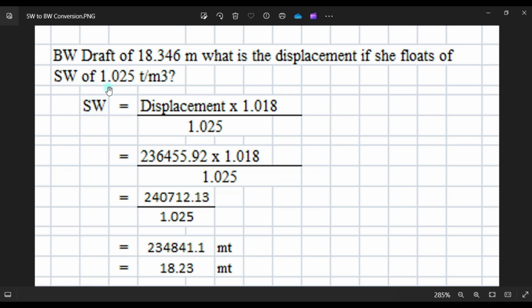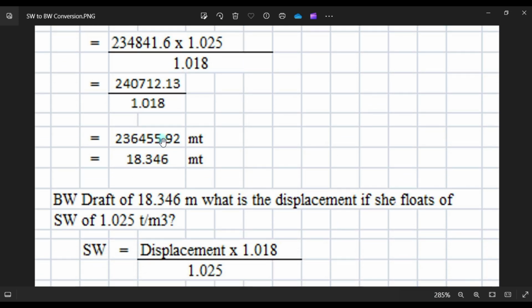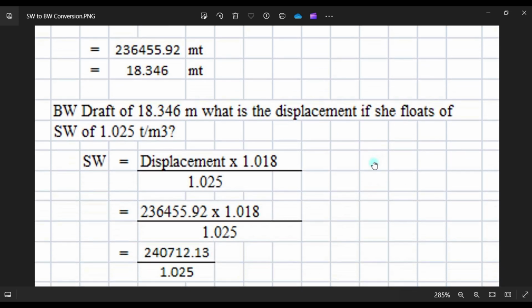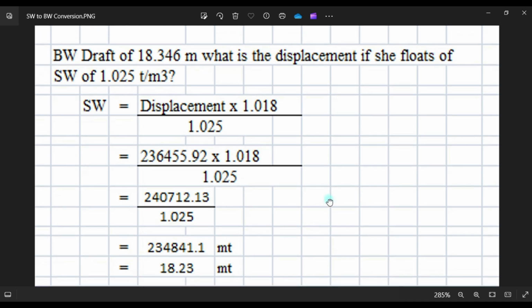So you're asking for the salt water, so the displacement of brackish water of 18.346 is 23645.92, which is this one. Then you multiply it with 1.018, then over 1.025, and the correct answer will be 23484, and the draft will be 18.23.